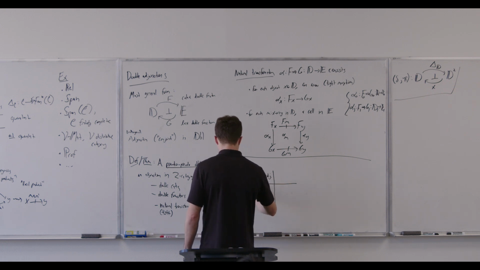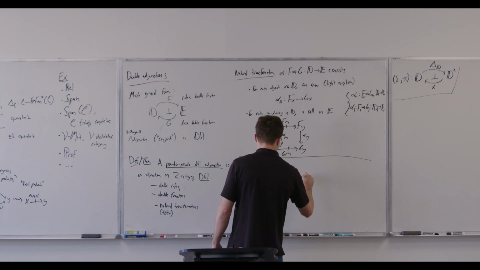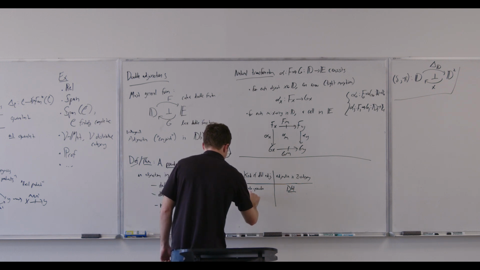Well, there's this pseudo kind, which I was just describing. So this is an adjunction in some 2 category. So this is in double. And then there are pseudo